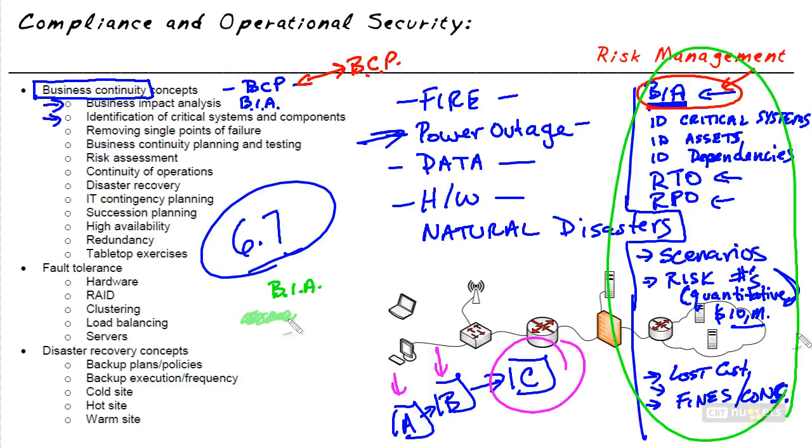on the right-hand side. Then we would identify strategies that could be used to help mitigate the risk of one of those outages actually causing that impact on our business. So here we're just simply identifying some of our options. Some options are more expensive than others. For example, if we want a hot site, now a hot site is a full redundant site. It's up 24/7, and it's got all the equipment, software, networking, and everything else, just like the primary site, but it's used as a backup location.